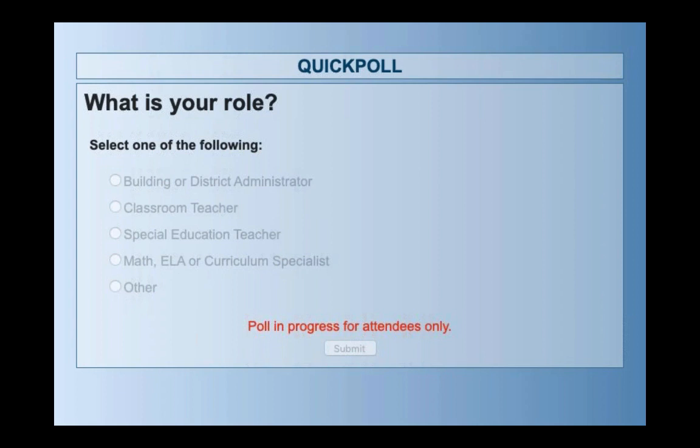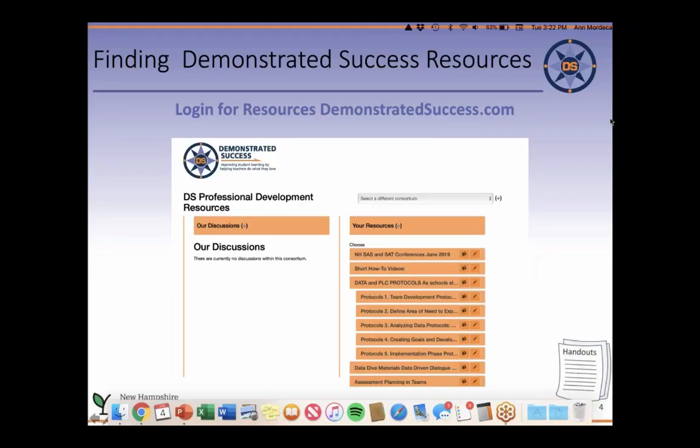I am going to go back to the PowerPoint now. I am being notified that the screen is still showing the poll. Oh, thank you. Somebody is telling me that the screen is still showing the poll. Let's see. Thank you. It should not be now. Is it? Yes. Did it? Can someone write in and just let me know? Wait, hold on, everybody. Okay, that worked. Okay, thank you for answering.